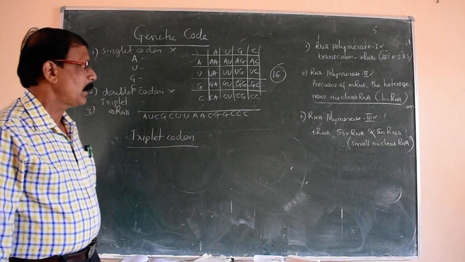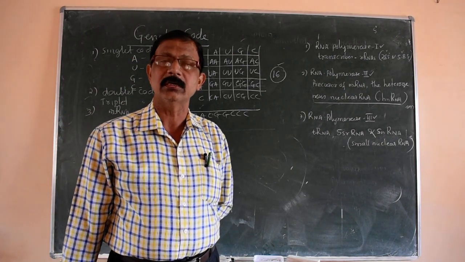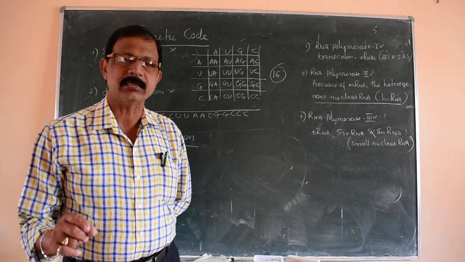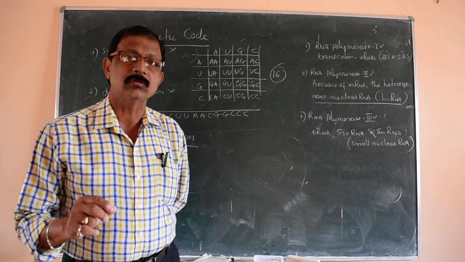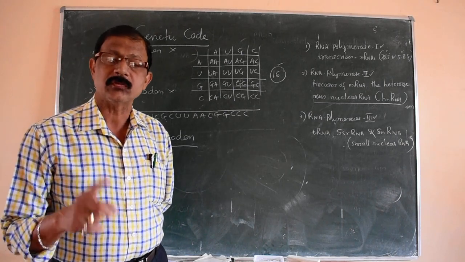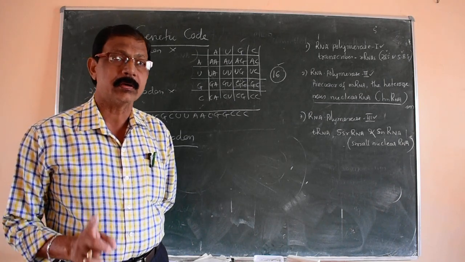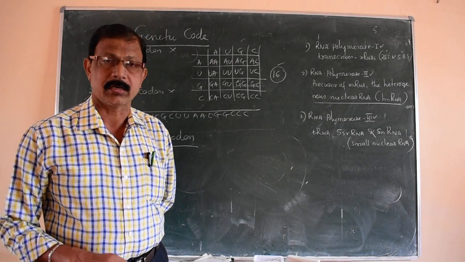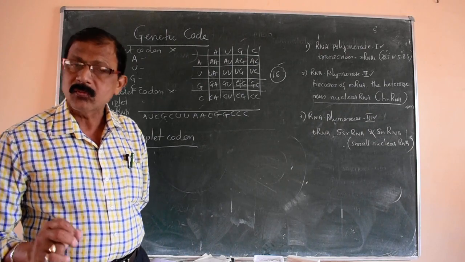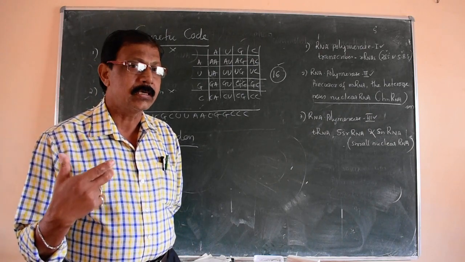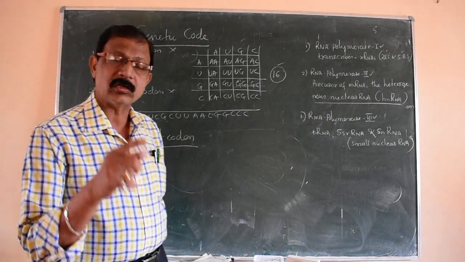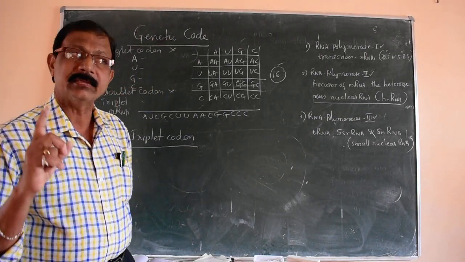Triplet codon system, in which we get a total of 64 codons. And by this it is possible to give the code to all the 20 amino acids. This was first discovered by Marshall Nirenberg and Har Gobind Khorana of India, who is a citizen of Canada, who first gave the explanation regarding the genetic code, and that it is depicted on the mRNA,